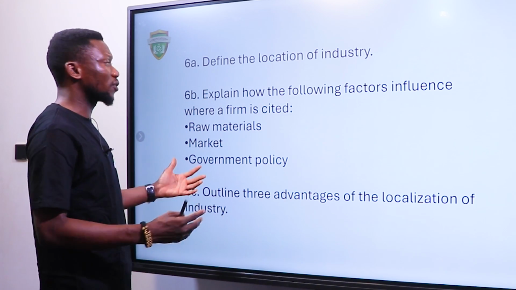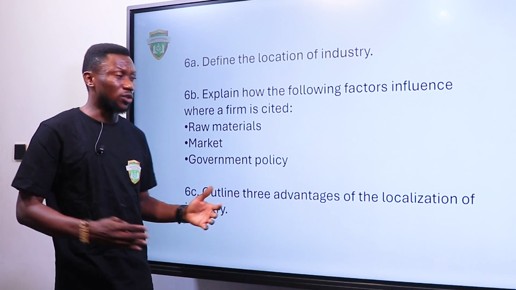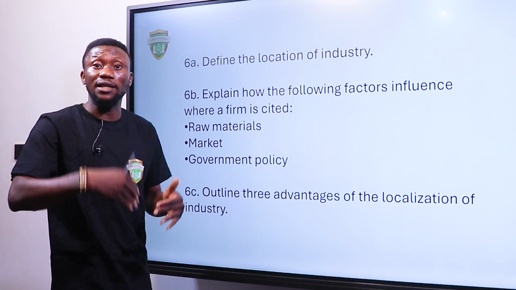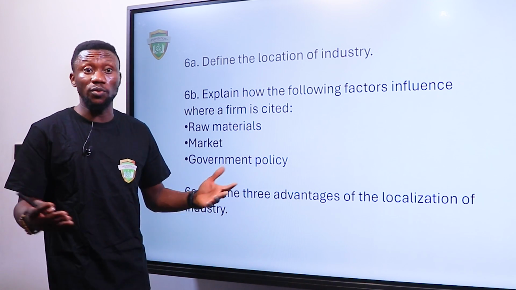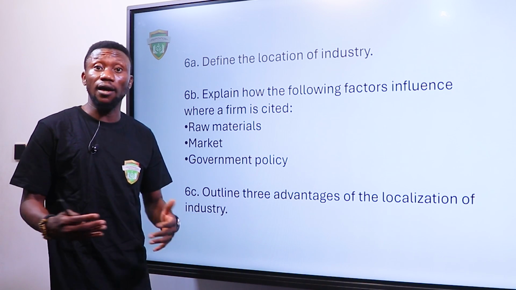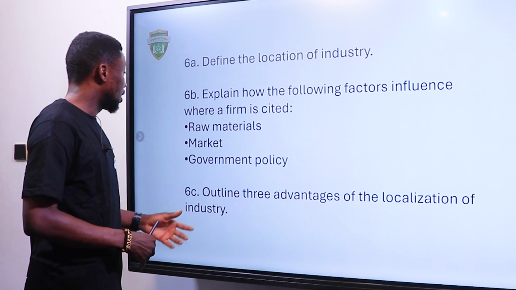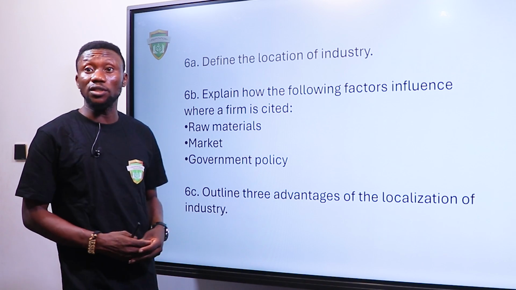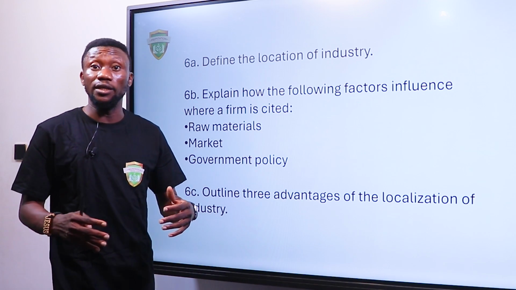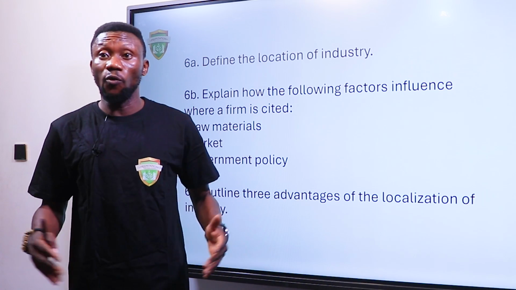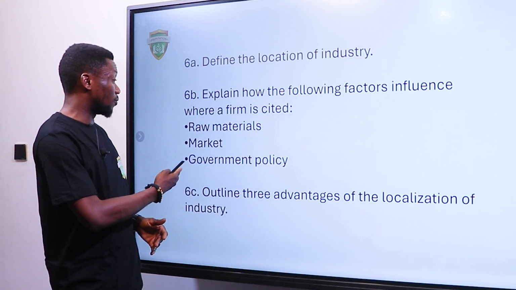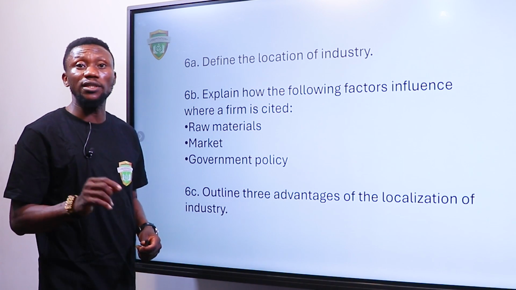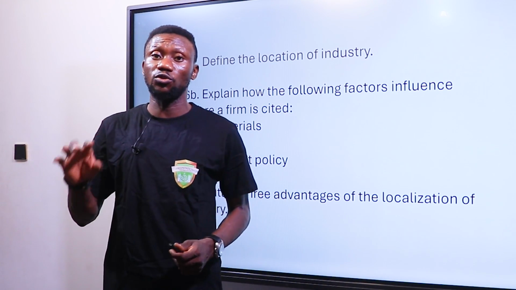Raw materials, of course. As a firm, you want to situate yourself close to where you can access raw materials. If you are a furniture company, you want to be very close to where trees are, or a wood company is. Also, market, where you sell your commodity. If you're a furniture company, you want to be in a residential environment where you can easily display your furniture, people can buy it. And for government policy, sometimes government gives certain regulations that certain industry must be in a